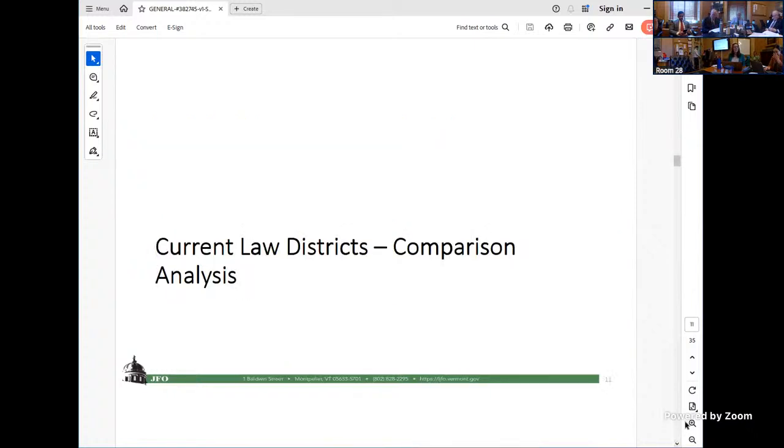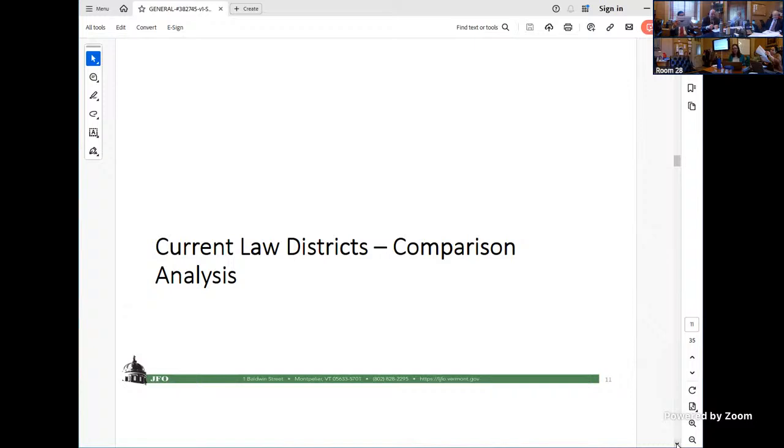Okay, so now we're getting into the comparison. Thanks for bearing with me with all of the caveats and background. I'll just say, I think there are four or five different modeling exercises I performed here. What I did was I started from the most number of districts or regions to the fewest. So we're slowly narrowing. So this is current law.